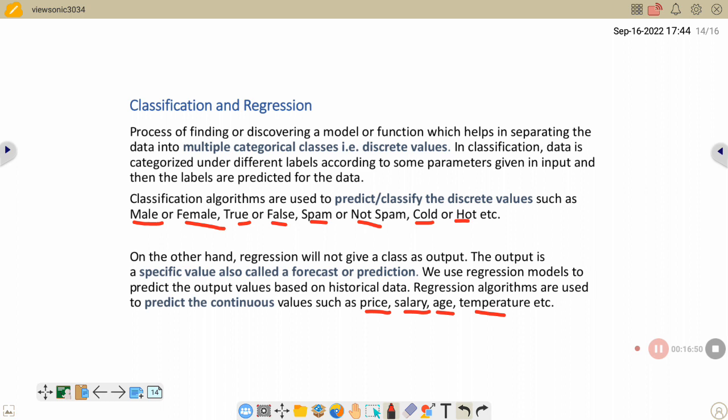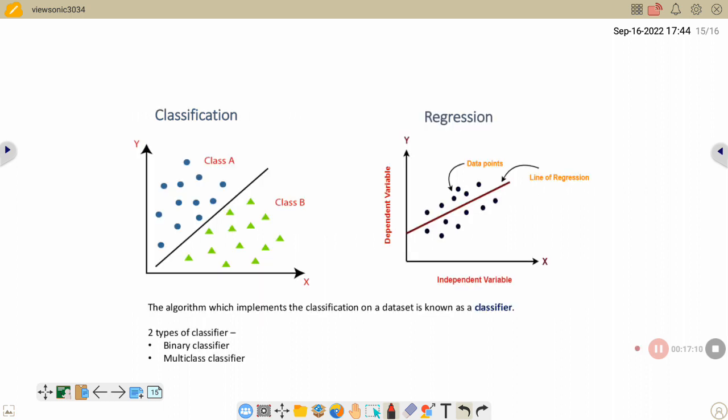As I said earlier, for the example of house price, the price can change over time, correct? The same flat can have a higher value, so it is always a continuous value. It is not depending on a class as output.